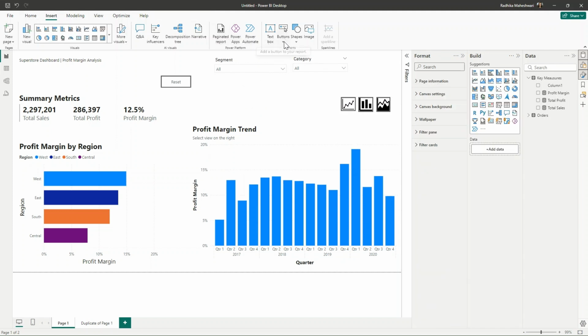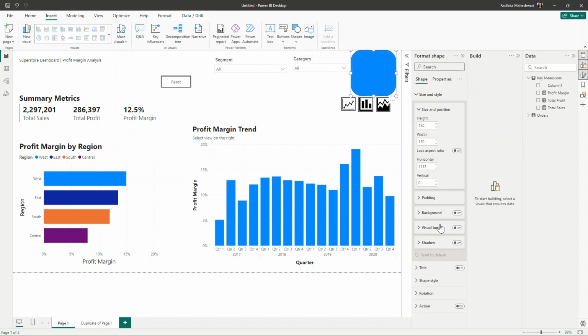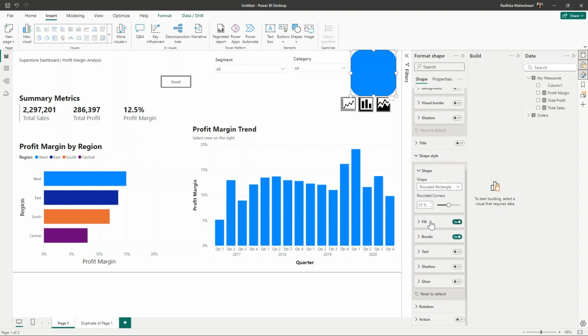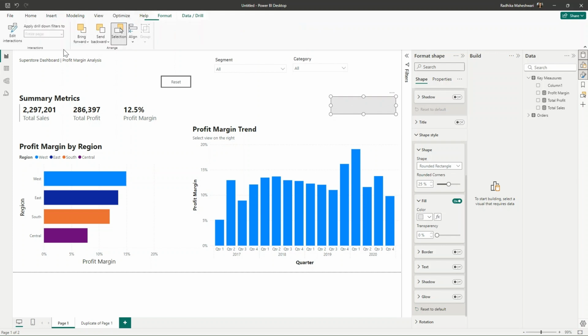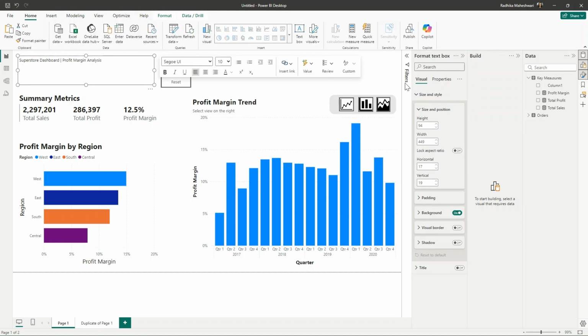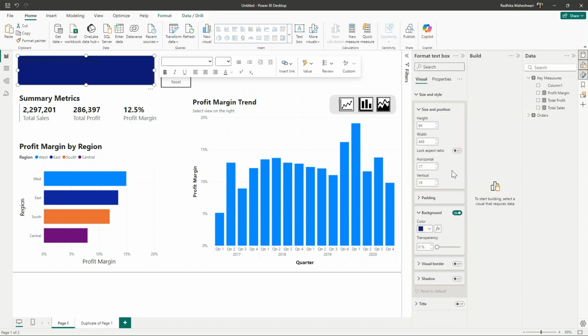I'll insert a background. So going into insert and then shapes and get a curved rectangle. Going into shape style for fill, I'll choose a gray color and turning off the border. And then I'll click this, go into format and send it backwards. I'll click on this text box and go into background and choose this bright blue color for background. I'll change the font color to a white color so that my text becomes visible and change the formatting.